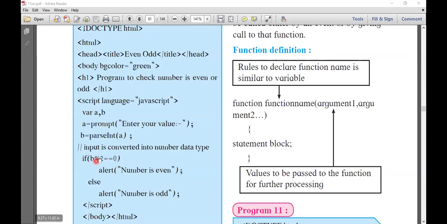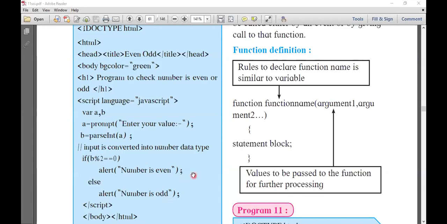But if the evaluation gives the 0 value, then 0 equal to 0 means this condition becomes true. If the condition becomes true, then you execute the true block, that is the alert that the number is even, because before the else always comes the true part and after the else always comes the false part. So this is the false part, this is the true part.